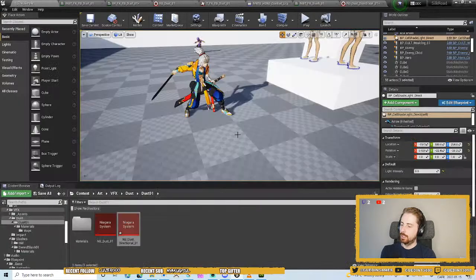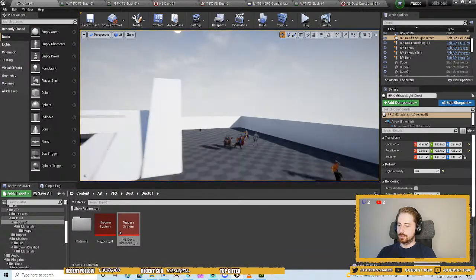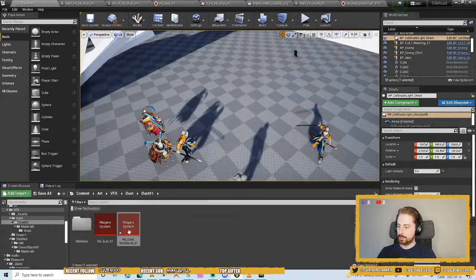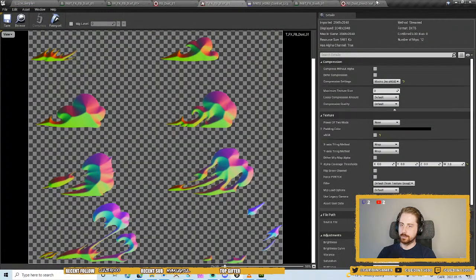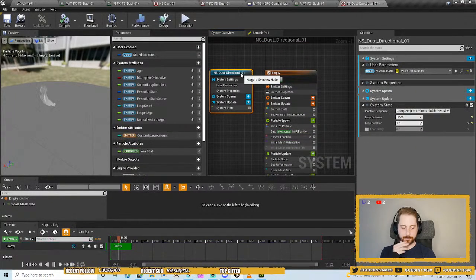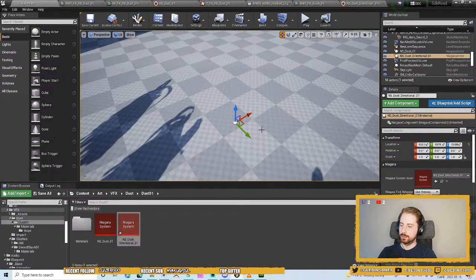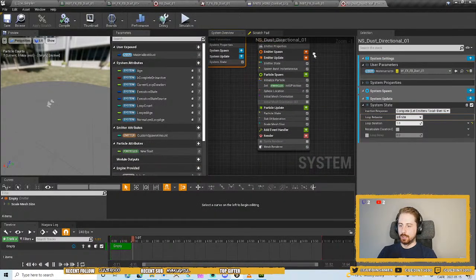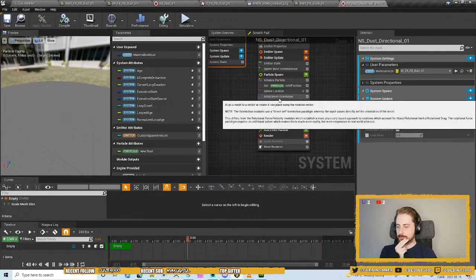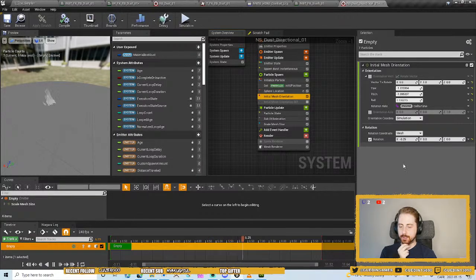Let me grab this, put that into the viewport just to check if it's doing the right thing. Let's put that into infinite, so that's easier to check. If I'm rotating, yeah, obviously it's not rotating with the emitter. Initial mesh orientation, so we're going to want to have